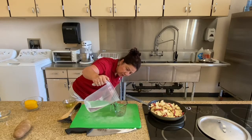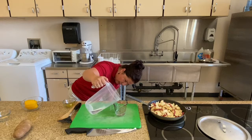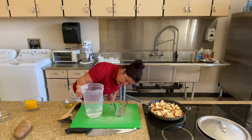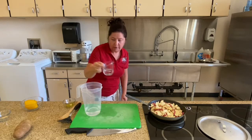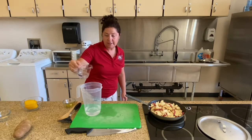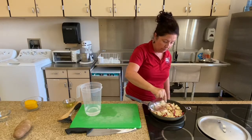So when we're measuring water, we always want to view at eye level to make sure we have the right amount. And we fill it up right until it gets to that line. A tiny bit more. Oh, no, I put in too much. That's what's nice. You can always keep checking yourself and make sure you have it right. All right, so then we're gonna put our water in,